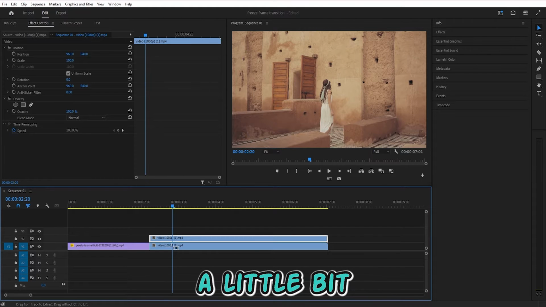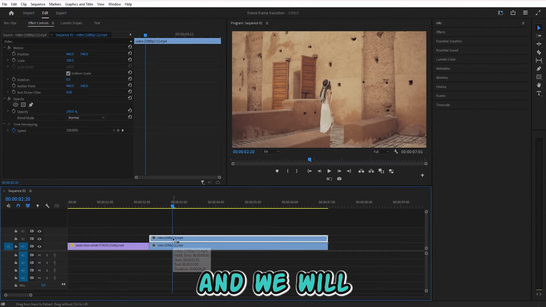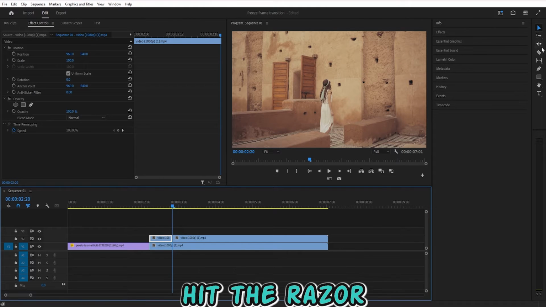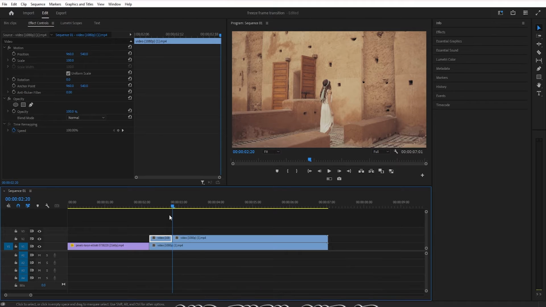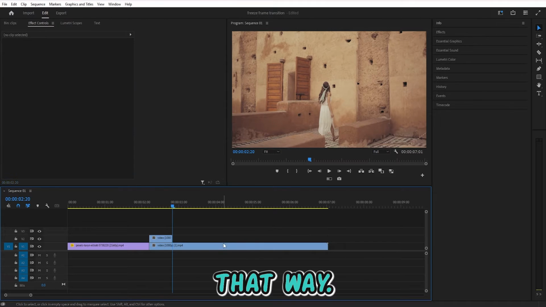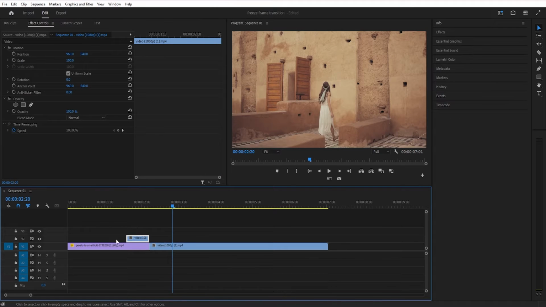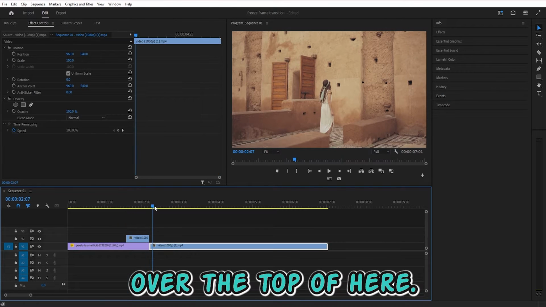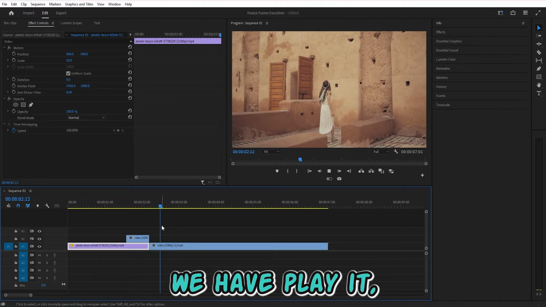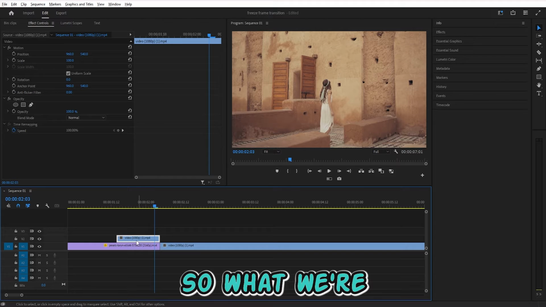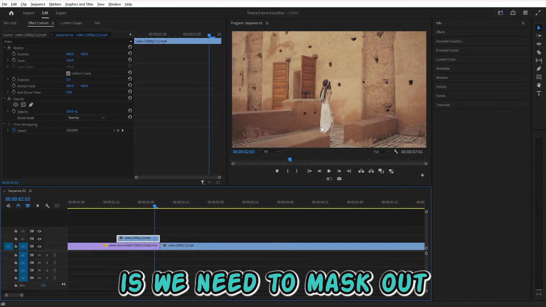Come forwards a little bit, and we will Control K just to add the cut, or you can come up here and hit the razor and then cut it that way. Select the rest of that, we don't need that, and then take this and drag that so it overlaps over the top of here. So then whenever we hit play, it just moves seamlessly straight into the next clip, which is what we want. So what we're going to do here is we need to mask out